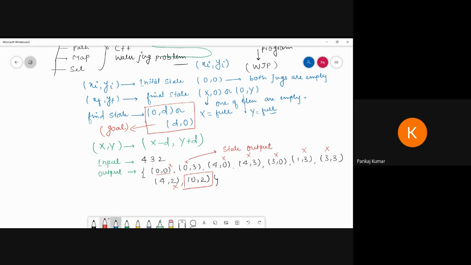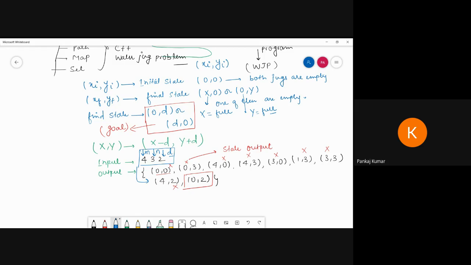Okay, so here I can enter the value of m, I can enter the value of n, and I can enter the value of d also. That means the targeted value. So the user can enter all the values and your program will display the result. This is the possibility.